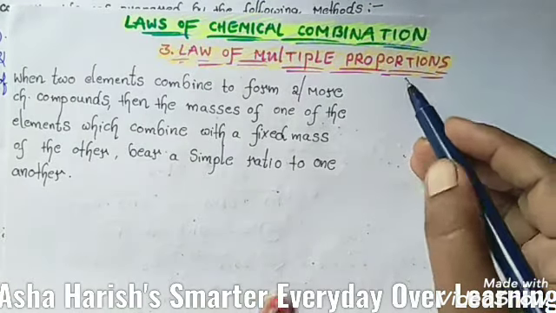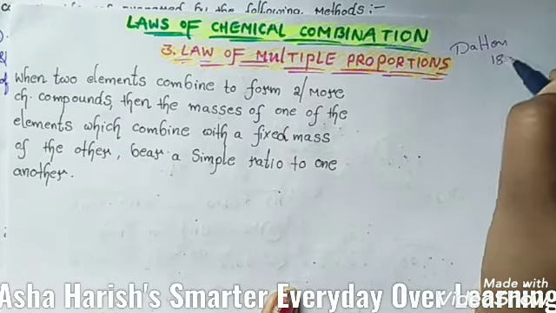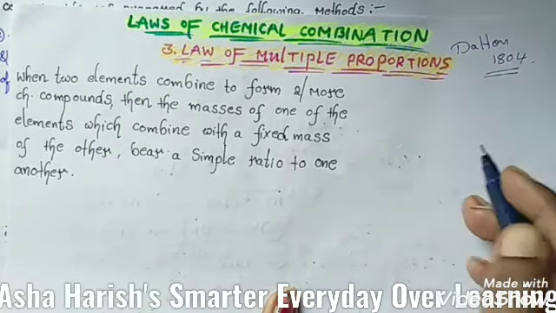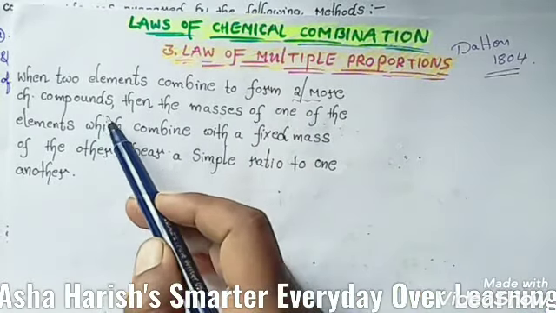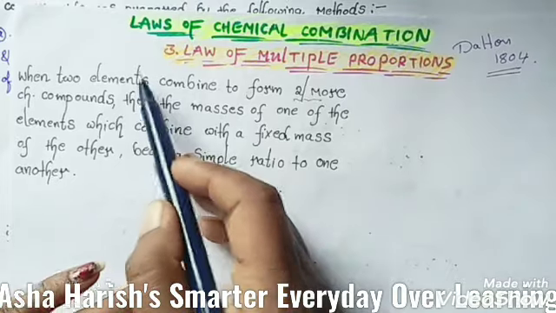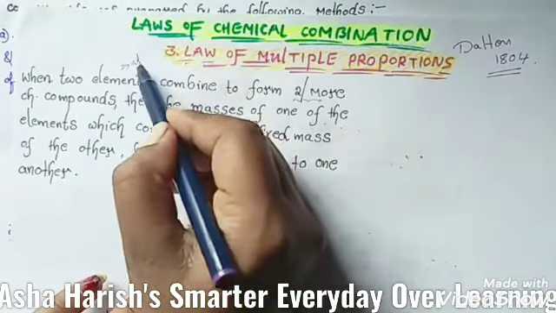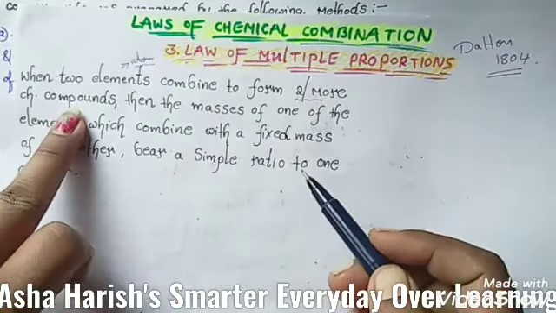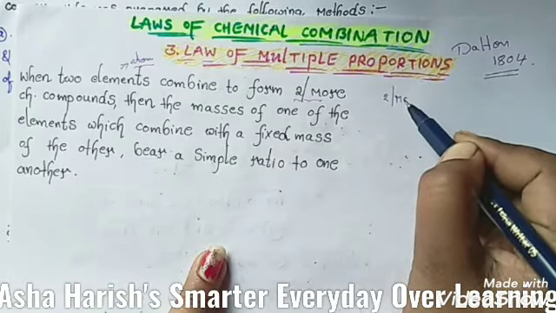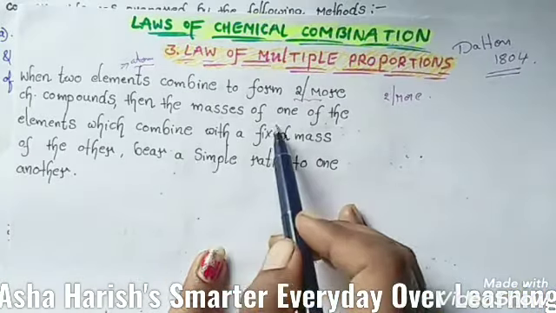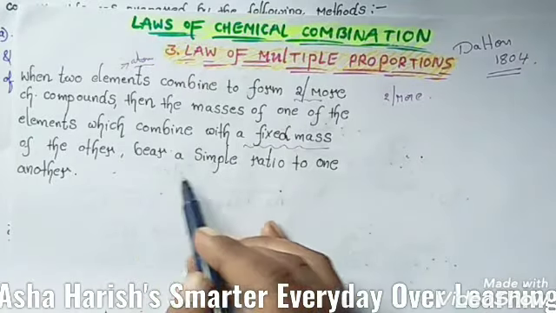This law, which was first studied by the scientist Dalton in the year 1804, may be defined as: when two elements combine to form two or more chemical compounds, here you can see the difference between chemical elements and compounds. An element is made up of only one type of atom. In a compound you can observe two or more types of elements. Then the masses of one of the elements which combine with a fixed mass of the other bear a simple